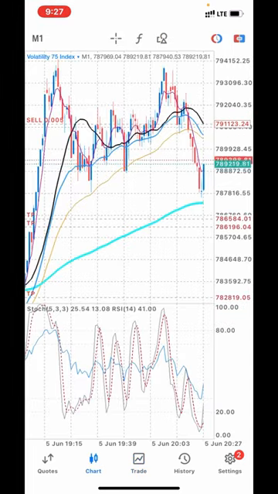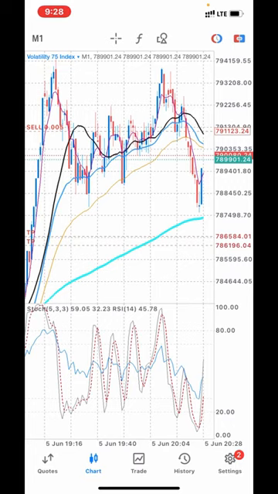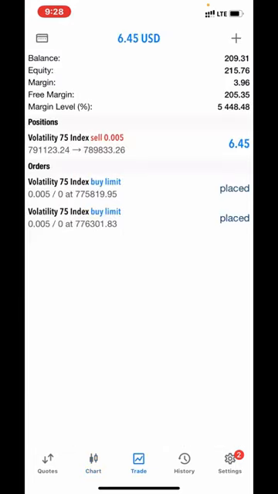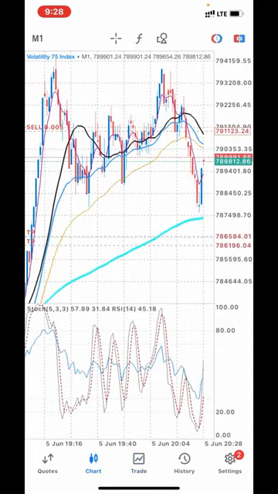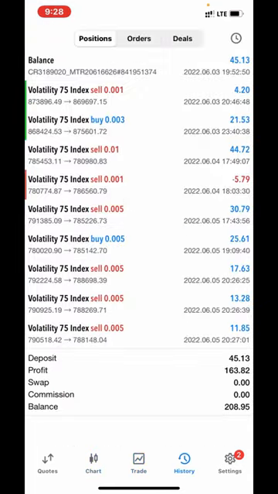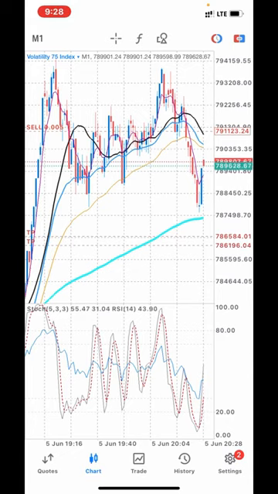I withdraw my profit daily, so that if, for instance, the market doesn't go in line with my analysis, I'm protected. Look at now, if you check, it's buying back, but I'm sure that it's going to sell. I'm really sure it's going to sell. But look at right now, it's buying back. What if the thing now changes direction? I've actually closed like 3 trades, $17, $13, $11. So even if it wants to go, I actually set my SL.